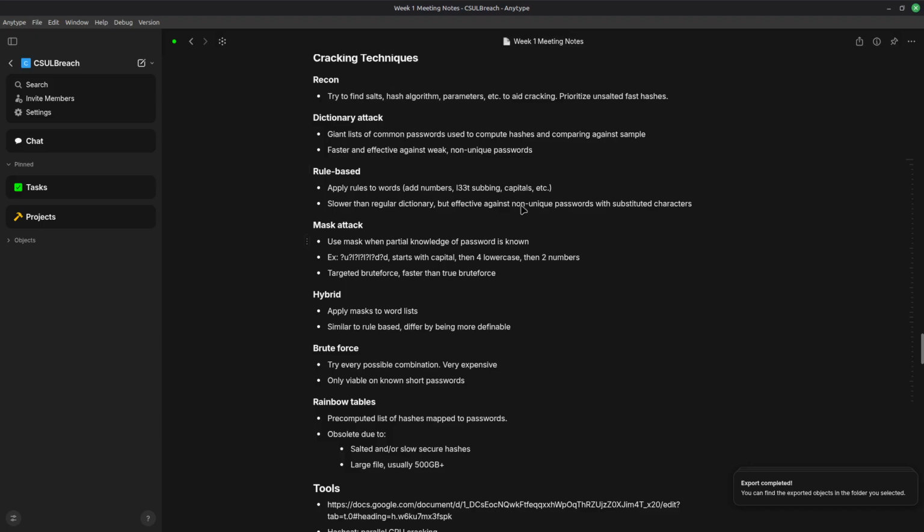Okay, so that's rule-based attacks. Now another one is a mask attack. Okay, so a mask attack is when you have partial knowledge of what a password is supposed to be. For example, I'm sure we've seen on many websites, right? There are password requirements, right? Your password needs to be between 4 and 16 characters. It needs to have at least one number, but at most 3, right? Stuff like that. When we know what the password is supposed to look like, we can actually create a mask